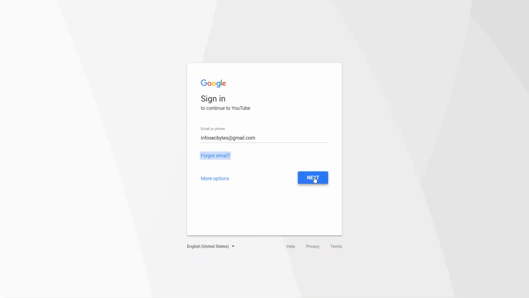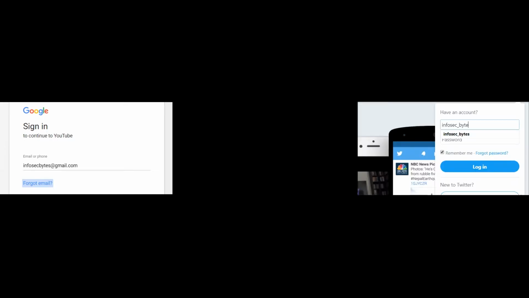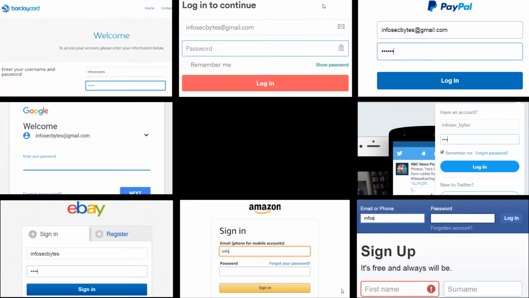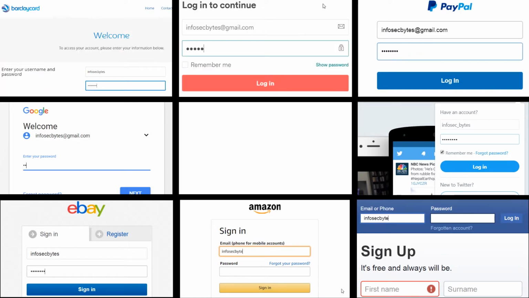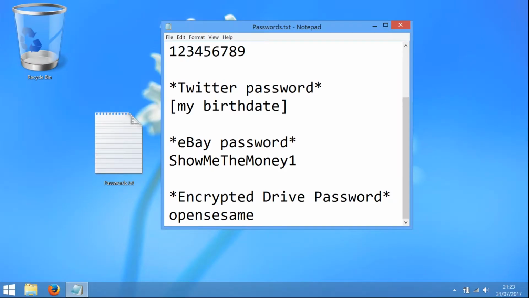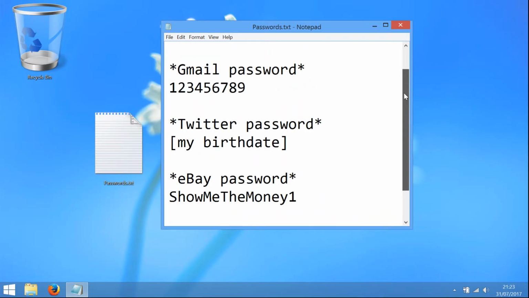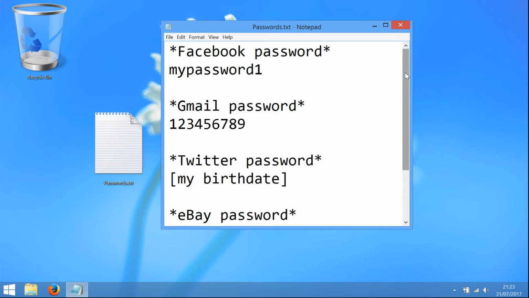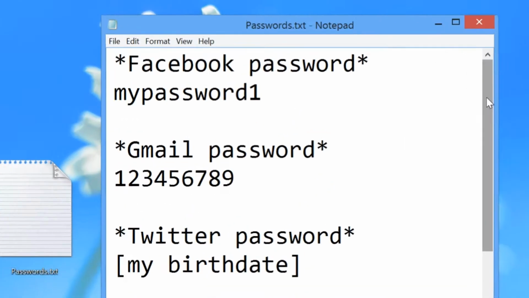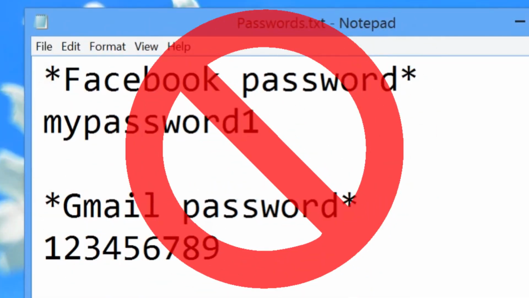And if they get access to your email account, they will know all of the sites you have accounts with, be able to change the passwords on all of your other accounts, and/or impersonate you. On top of this, people often choose really insecure passwords for their accounts. A recent study of hacked web accounts showed that a very high number of people had chosen the number 12345, or the word password, as their password.